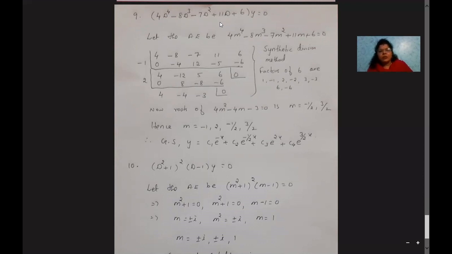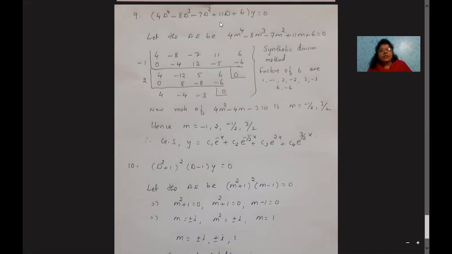First, I'm going to try with 1. I may not get the remainder as 0, so I'm trying with minus 1. Minus 1, 0. First, always we should start with the 0, as I have told previously. Since the remainder we need as 0, we have to choose it as 0.